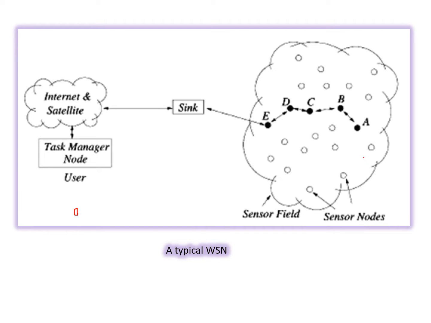When two nodes are involved in wireless communication, one node sends data to the second one, and the second one sends data to the first one. This type of connectivity is called point-to-point connectivity, and the range, as I told you, if the communication technology is ZigBee, then these nodes can communicate within a circle